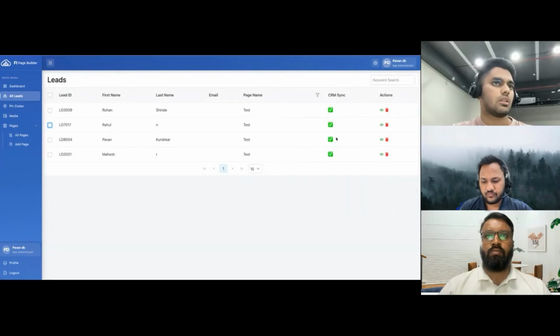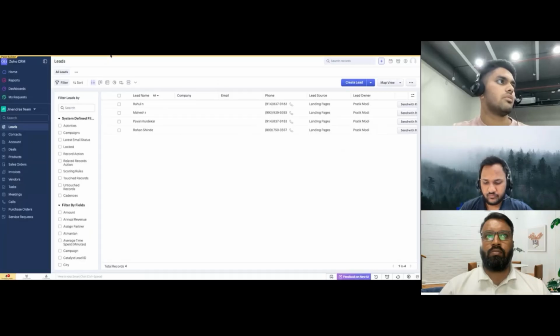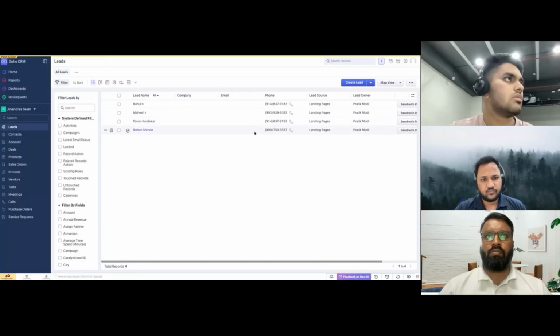So as you can see, a check mark has appeared here on the Rahul lead. It got synced with the CRM. If we reload the leads module,